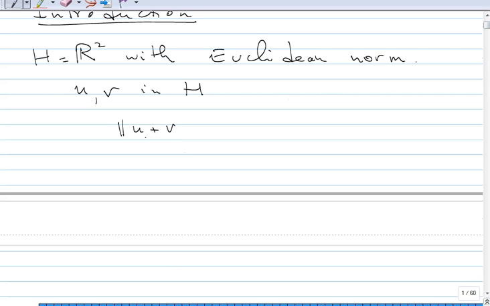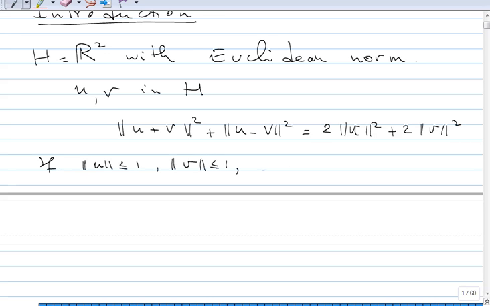So we have the norm of u plus v over 2 squared plus the norm of u minus v squared is equal to 2 norm of u squared plus 2 norm of v squared. This is the parallelogram identity in the Hilbert space. From this identity we see that if the norm of u is less than 1, the norm of v is less than 1, and the norm of u minus v is greater than epsilon, so u and v are a little bit far from each other, then we have